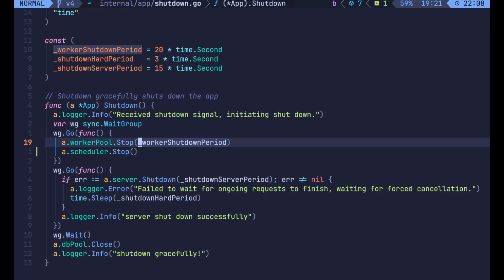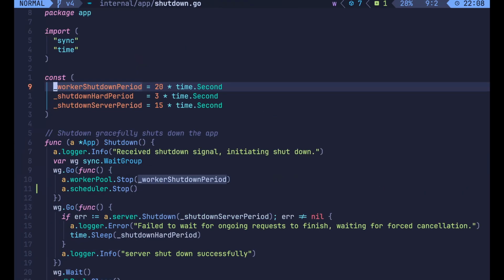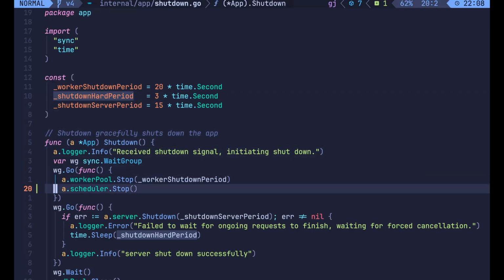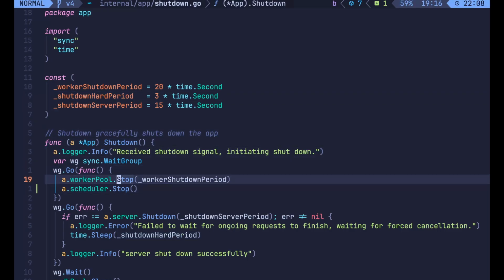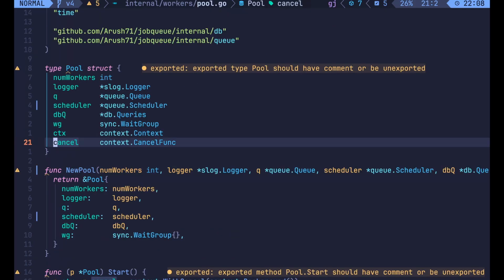And it takes a duration. It's like, hey, how long have we got to complete the work? Which for this, I've given 20 seconds, which is plenty of time. And what happens in the stop is we essentially create a timeout with that amount of duration as a threshold. We create a done channel, and we cancel the global context, which we had created in here, which essentially is responsible for signaling the worker that, hey, we're done, we got to log out, and we got to